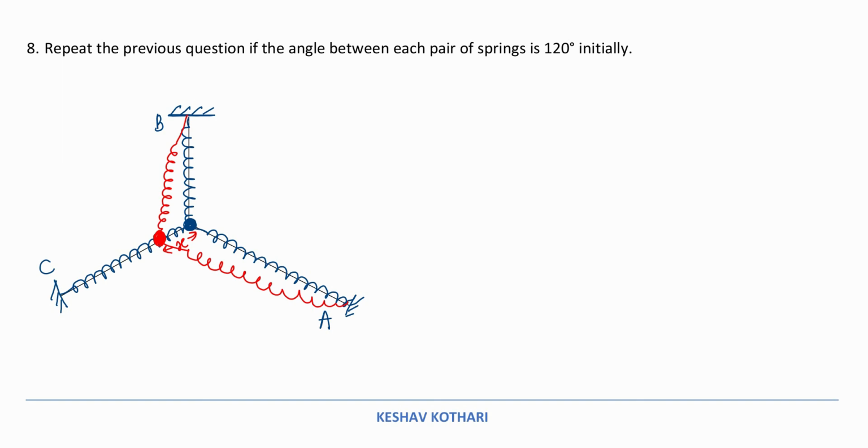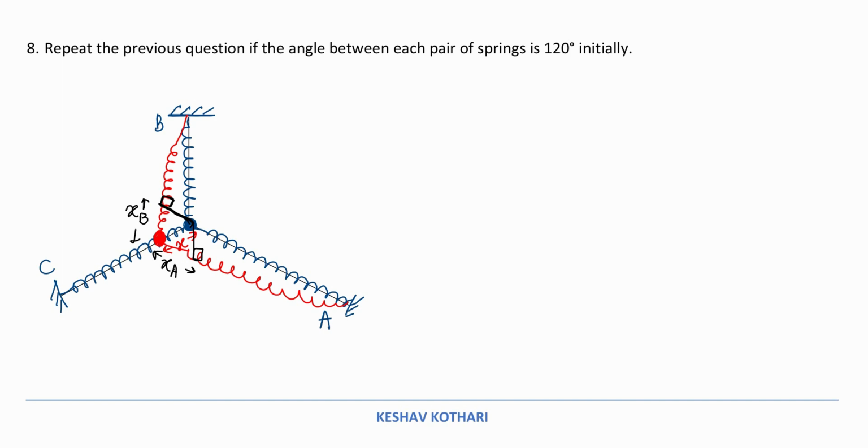So if I redraw this diagram over here like this, and draw a perpendicular from here, we are using a little approximation. This is the elongation which is produced in B, and if I draw a perpendicular from here, then this is the elongation in A. So we are considering a small displacement. Under small displacement, we can say this is the elongation in A and this is in B, and by symmetry XA and XB are the same.